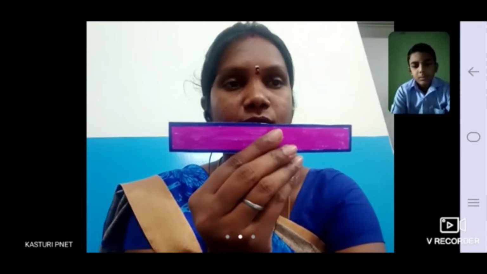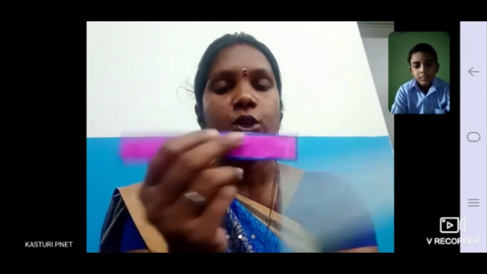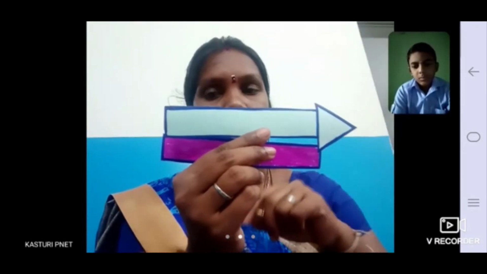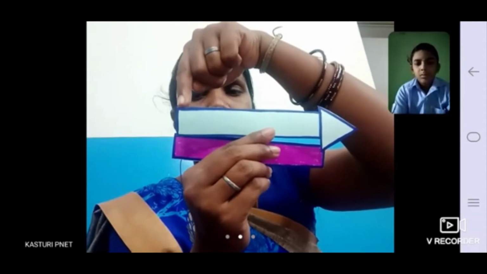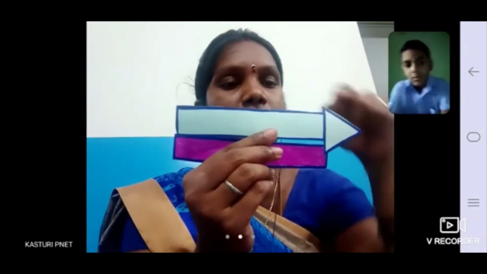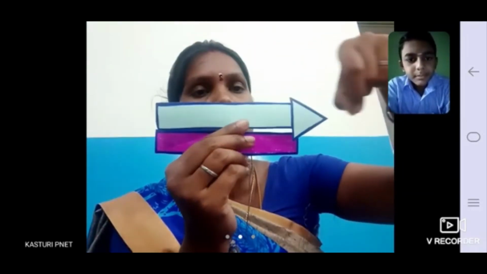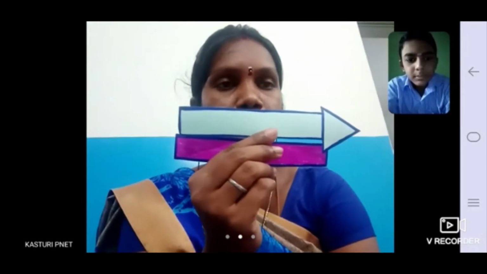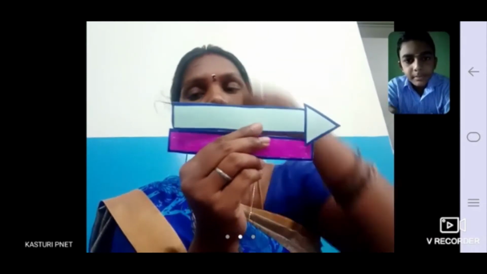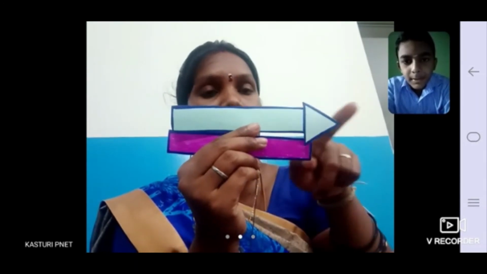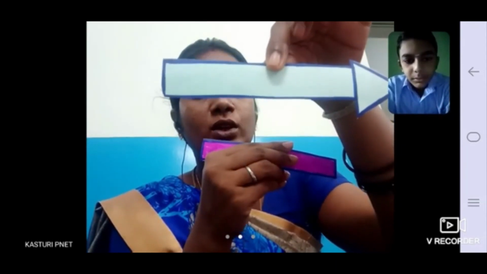But your ray does not end at two points. Here point A is there, but what happened here? This arrow mark mentions that the line is going on. So the ray does not end at two points. We started at only one point and the other is going on. That's why we call this a ray. So what is the difference between a line and a ray? Tell me now.